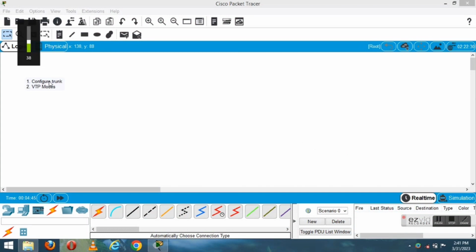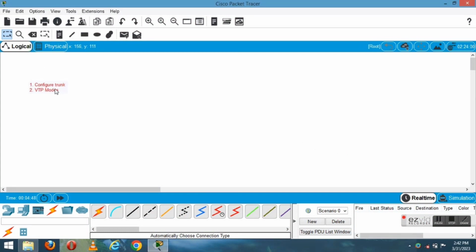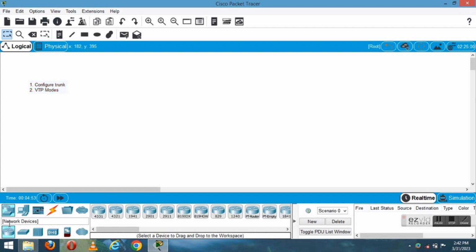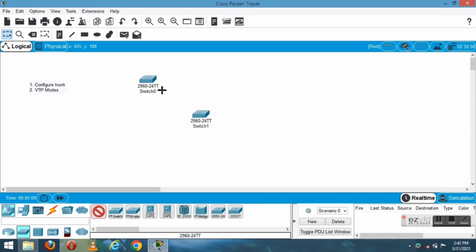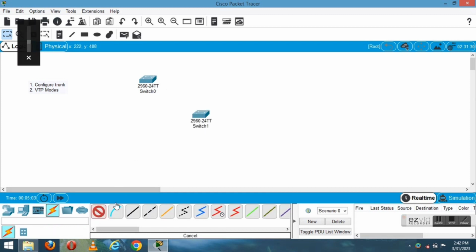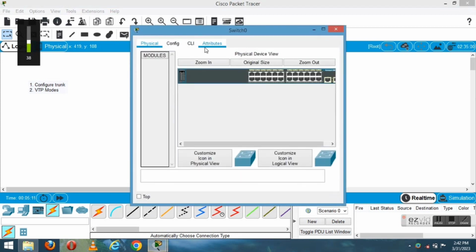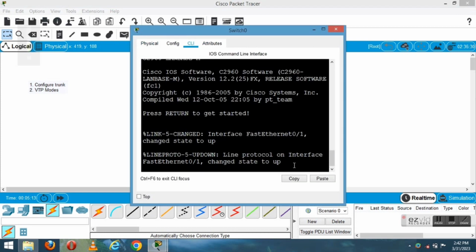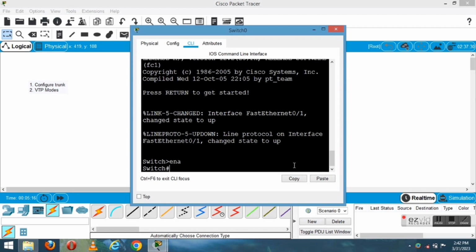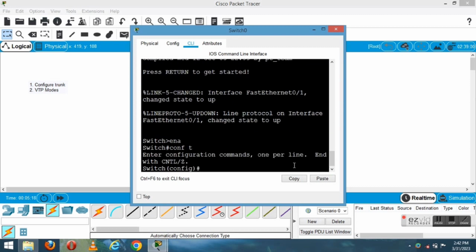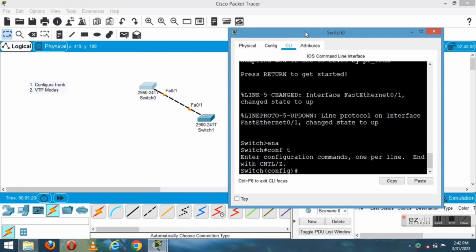Everyone, today we are going to configure the trunk and set up the VTP modes on the switch. For this, let us first take a 2960 switch, and let us take another switch and connect them. Now we are going to configure the trunk link. For that we have to go to the CLI of the switch, enter. Let us go to the global configuration mode,